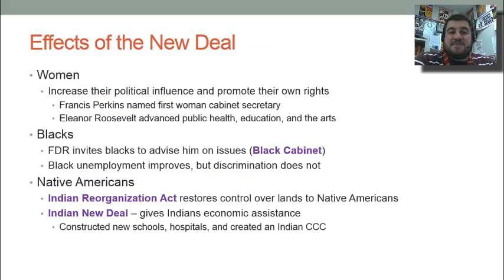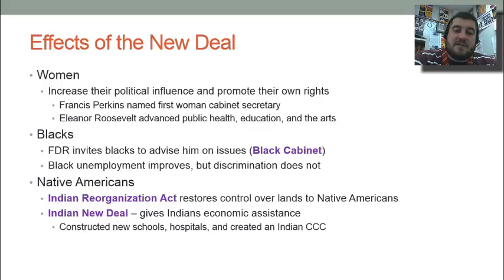How did the New Deal affect minorities? Well, women. It increased their political influence and promoted their own rights. Eleanor Roosevelt really advanced, and she was the president's eyes and ears. She went out around the country talking to people. She advances public health, education, and the arts. Frances Perkins is the first woman cabinet secretary. She's the head of, I believe, the Labor Department in